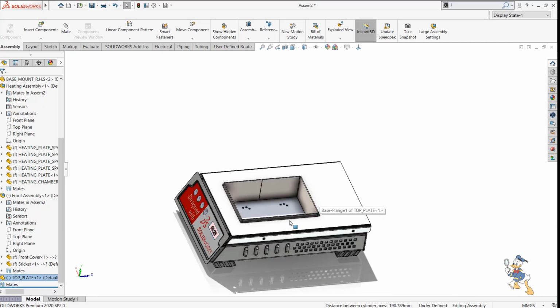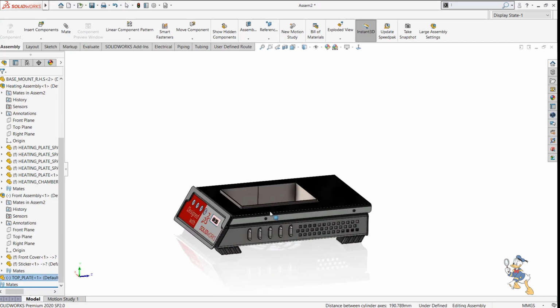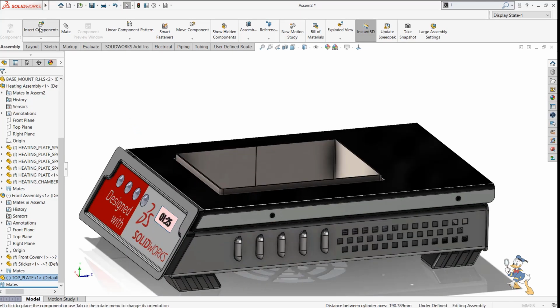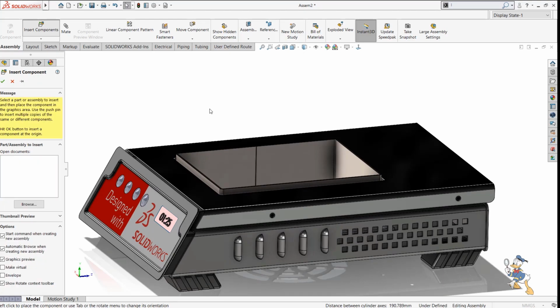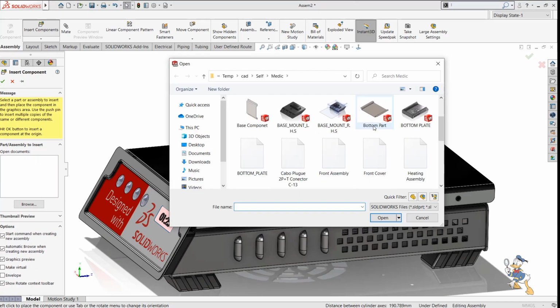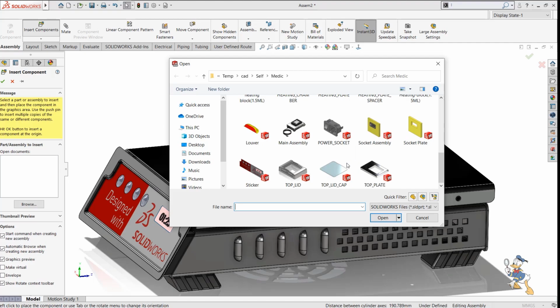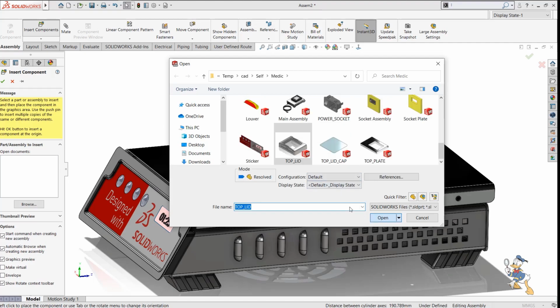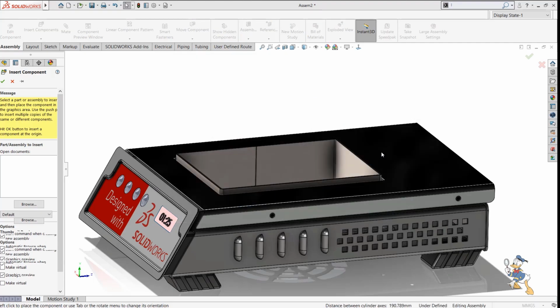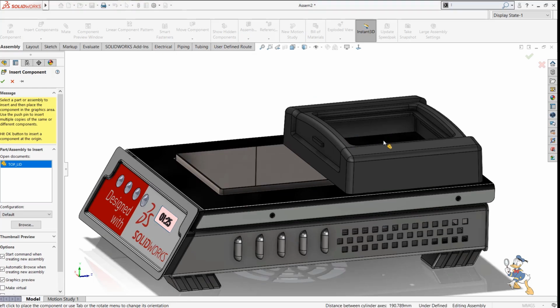So this is how we can place the plate over here. I just need to place some more components, like a rubber component we have designed previously. So I just need to select that component and place it over here. This one is the rubber component which we have designed. I just need to place it,